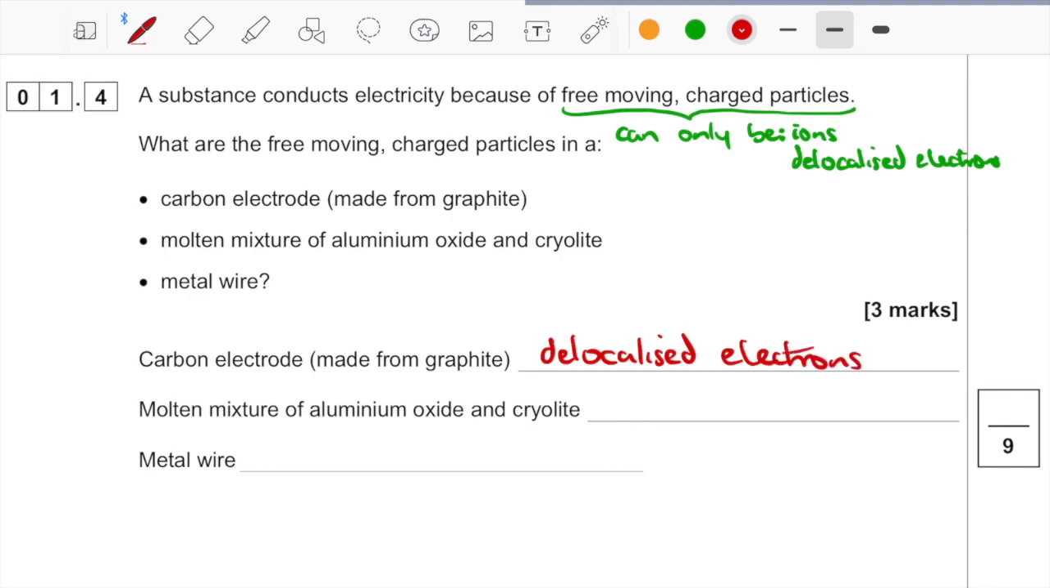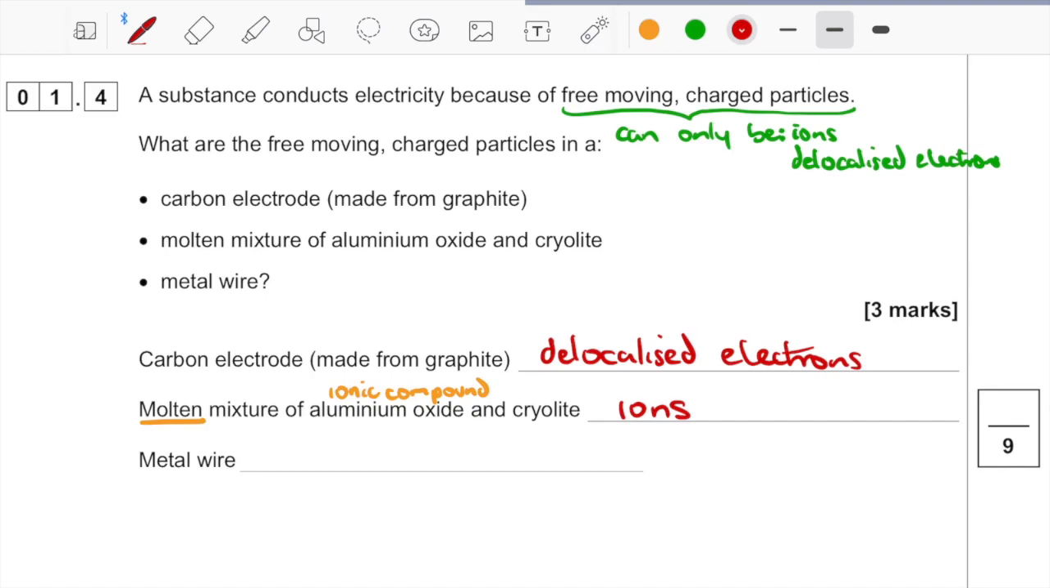The molten mixture of aluminium oxide. Now, aluminium oxide, so we've got a metal and a non-metal. Aluminium is a metal, oxygen is a non-metal. So this is an ionic compound. And it's molten, which means the ions are free to move. So what's going to carry the charge here are going to be ions, the Al3+ ions and the O2